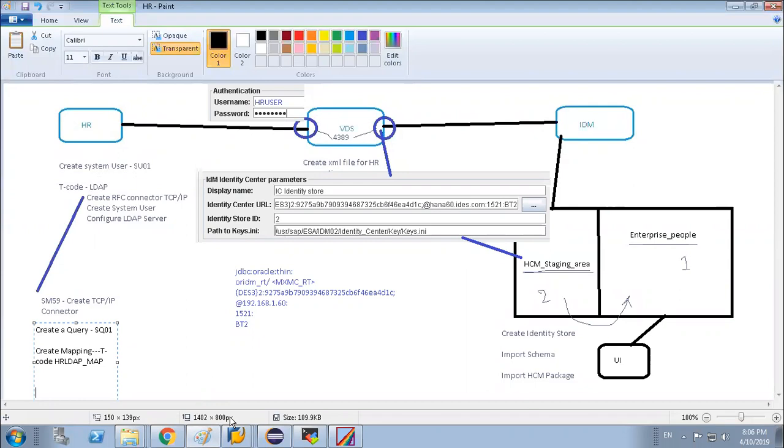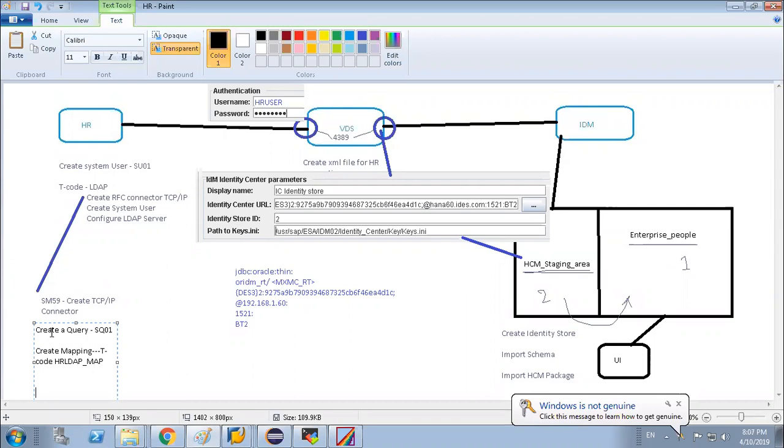If it is green, that means the connection is fine. Now we have created a query. In the SAP query user group area, in the standard query field, we have created the query using the filtration. Using the filter, we have created the query.